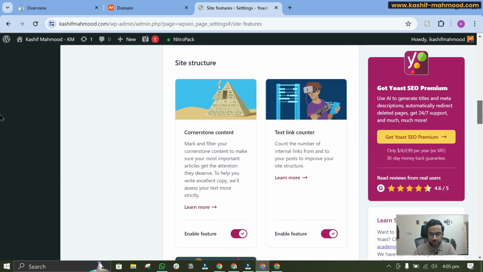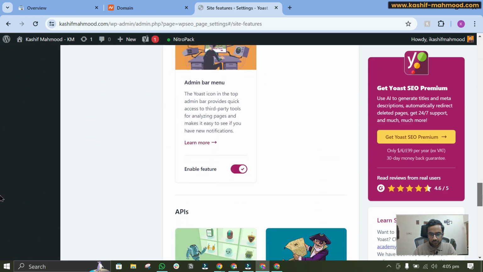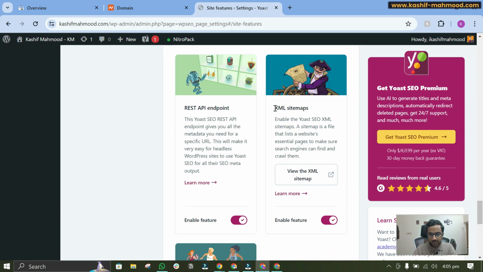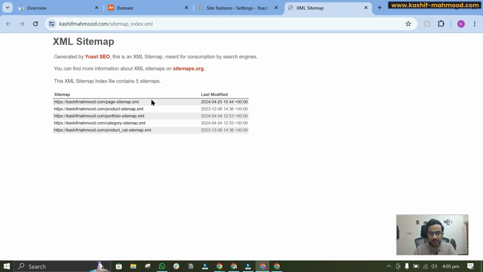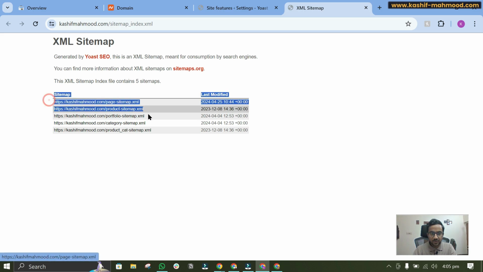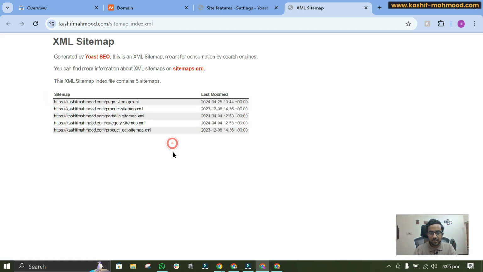and here you can scroll down, and here you will see this option XML Sitemaps. You can view the XML sitemap, and you will see these sitemaps. You may be seeing the 4 links or 5 links, so you can just copy the first link, and now